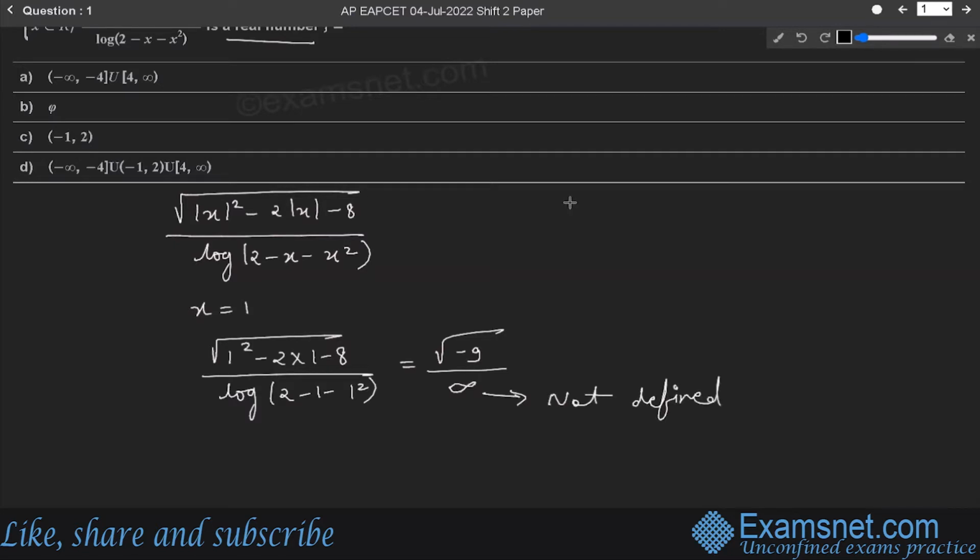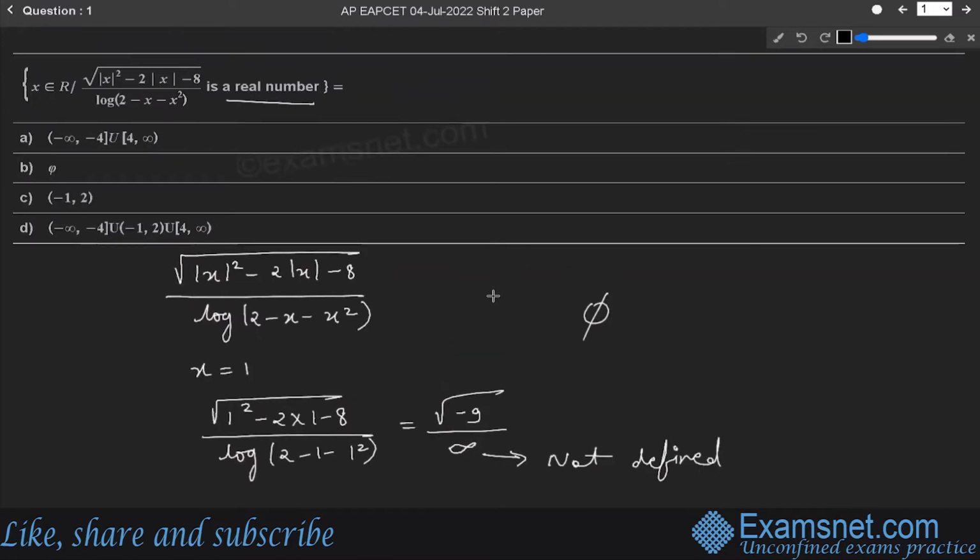It cannot be defined means there are no possible values for x here. So there are no possible values or no particular range for this given function. If we put any other real numbers, then we will get an undefined answer. Therefore, we can say that there are no values. It means answer is 5, means null. So option number B is the correct option for this question.